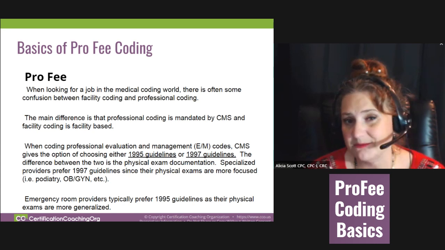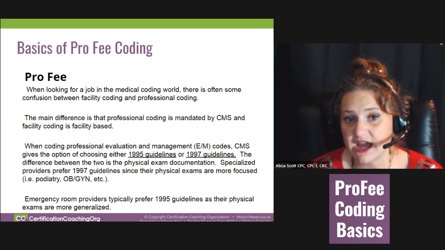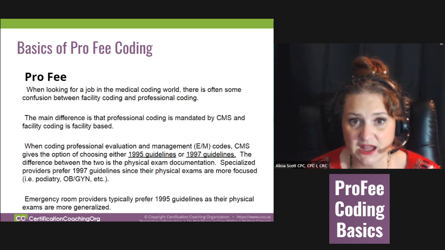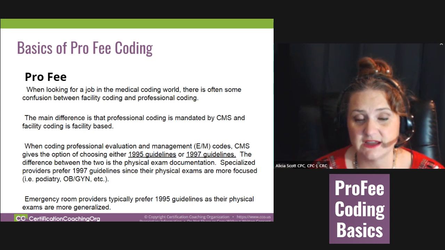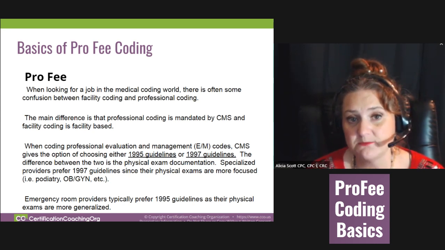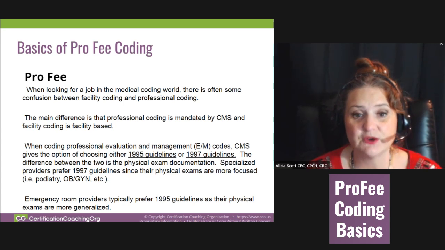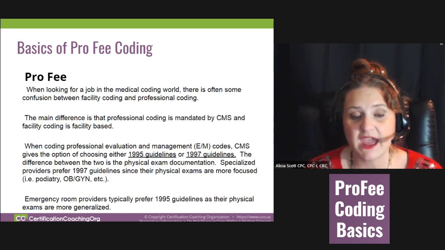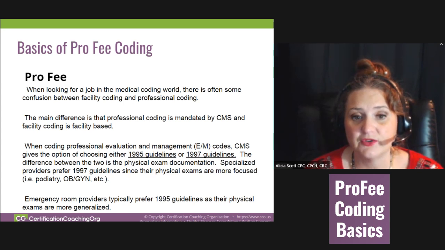So the professional, I mentioned family practice, but this is all of your specialists too. This would be the cardiologist, the ENT, the podiatrist, the endocrinologist, gastroenterology, cardiac thoracic surgery. All of these pediatricians, they would be considered ProFee or professional coding. So they're reimbursed based on their profession is the way I like to think about it. And again, they're using CPT codes and E&M codes that are through the CPT code set.